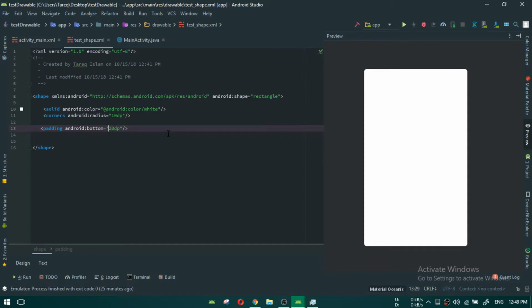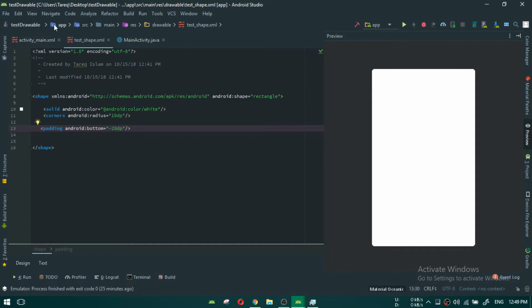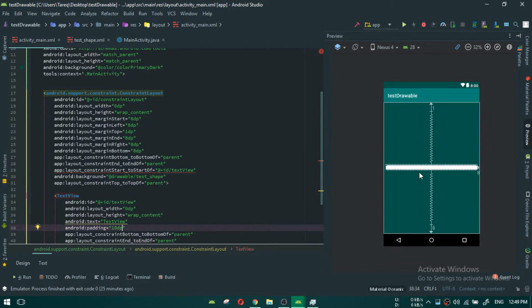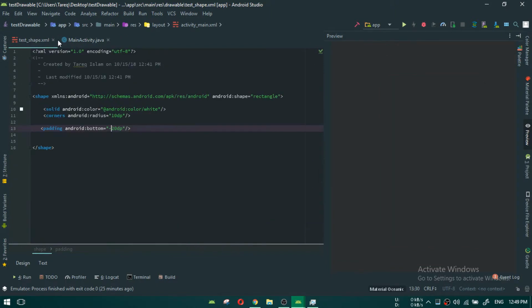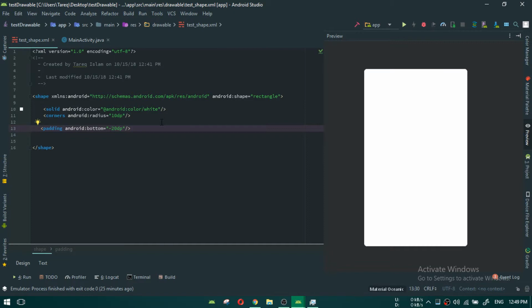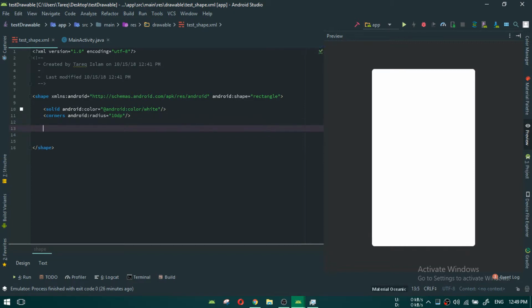You can even use the minus padding. So this is really cool, because we can really shrink something like that. It can work like a mask also. So this is all about this thing, and now we'll go for the most important section right over there, the gradient. Okay, so first of all,